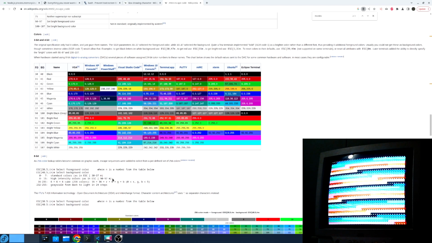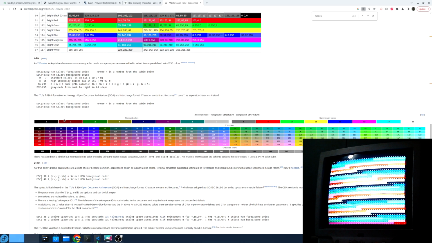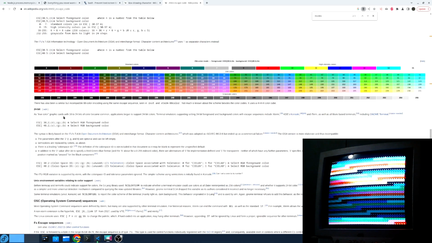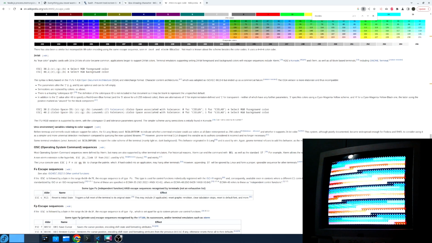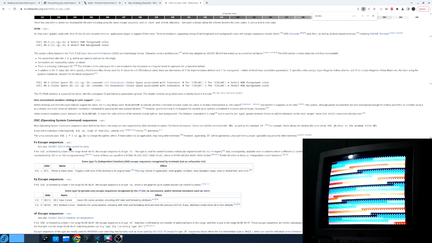Yes, I know that. 256 color mode, foreground, background. 24-bit. Yeah, I'm not looking at that though. So okay, we might have to work with the limited color space, which I am okay with. But just in case we do figure it out later, we have the option of